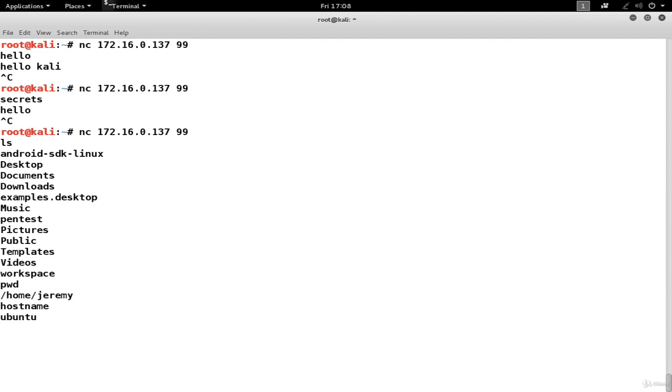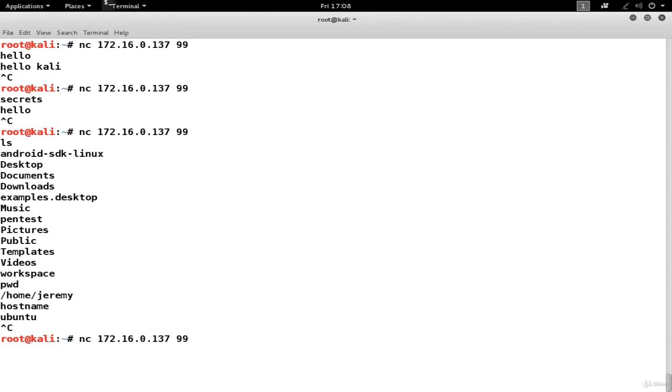So we've seen how to use Netcat to send simple arbitrary data back and forth, to send files back and forth, and to serve a shell over two points. Now you can also do these in reverse. So for example, if you needed to send a shell over to Kali Linux, who was listening,